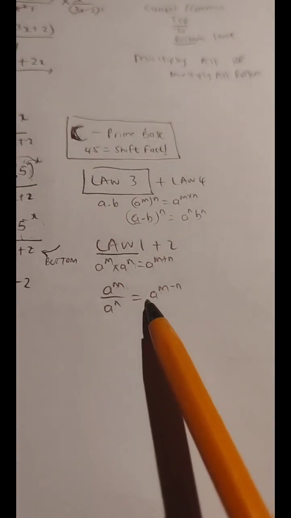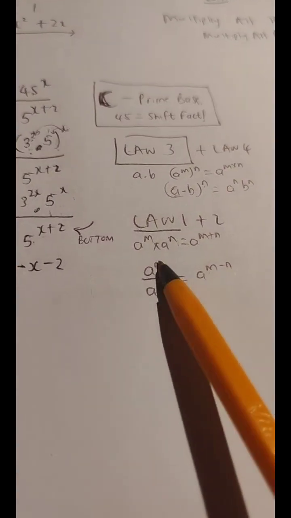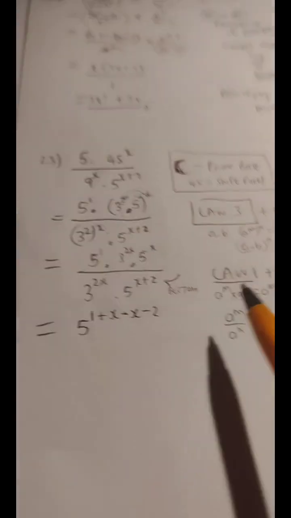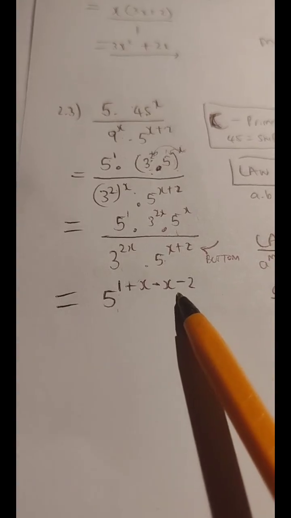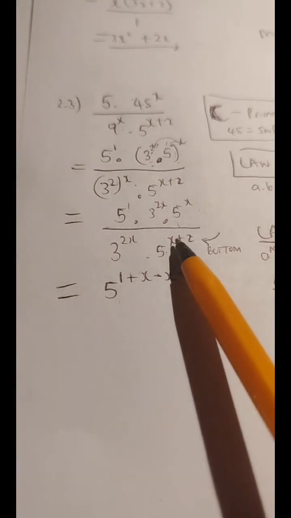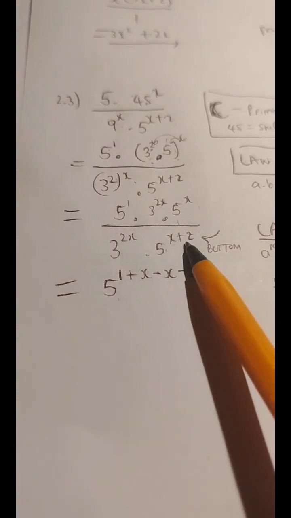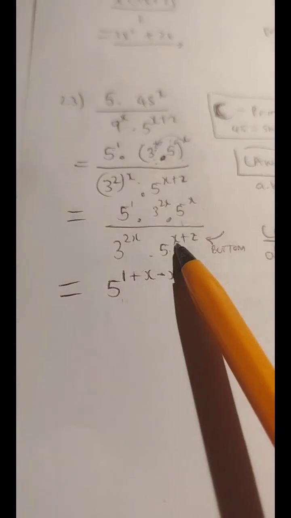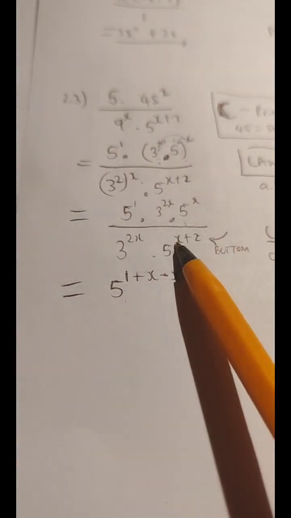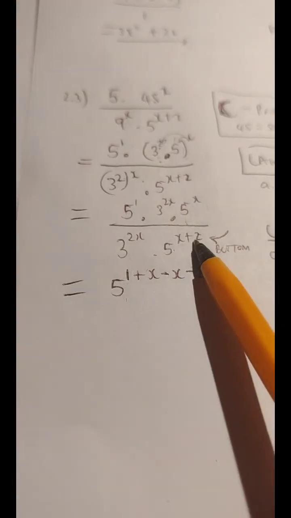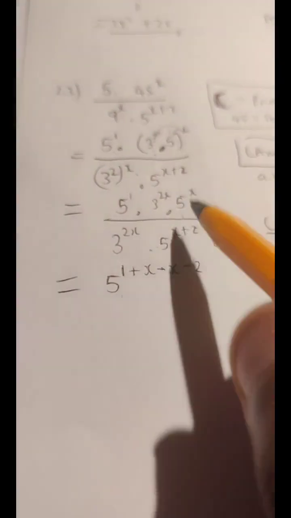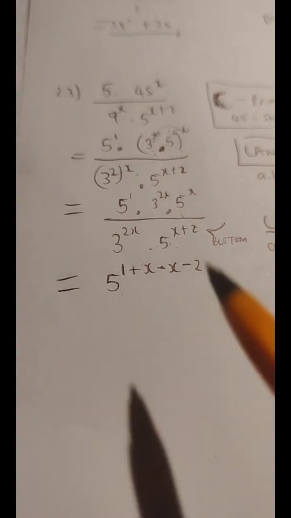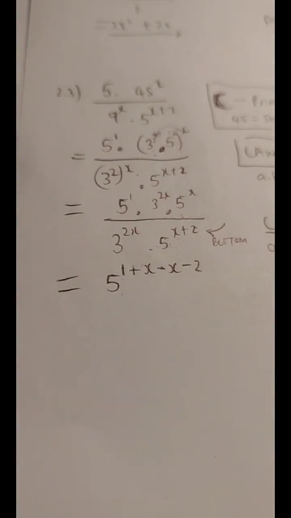Because we are applying law number 2 of exponents, division. The n changed sign when it went up. So the x is also changed sign when it goes up. The plus 2 is also changing sign. What if this was x minus 2? The x would change sign, it would be negative. The negative 2 would change sign, it would be positive if this was x minus 2. Because it's x plus 2, x changes sign, it's negative. 2 changes sign, it's negative. Does that make sense? So anything you take from the bottom and it goes up, the exponential sign is going to change as it joins the other exponents for that very same base. So we are done with base 5.